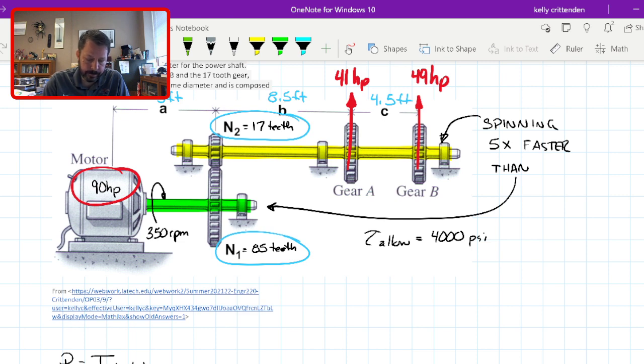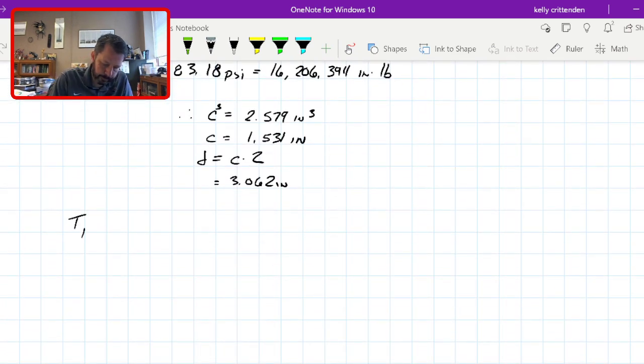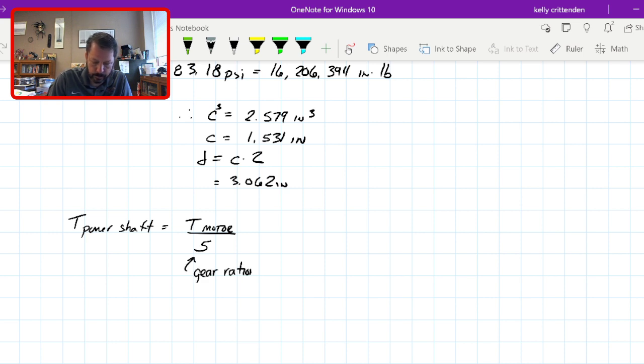So it's going 350 times 5 RPM, but its torque, so the torque in the power shaft equals the torque in the motor shaft divided by 5, that gear ratio. Oops, not ration, ratio. So for us, that would be 16,206.394 inch-pounds divided by 5. So whatever that number is,